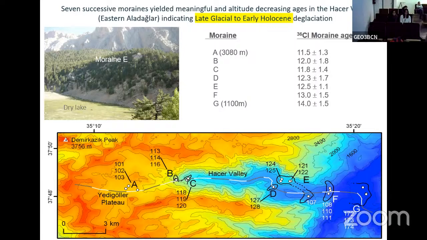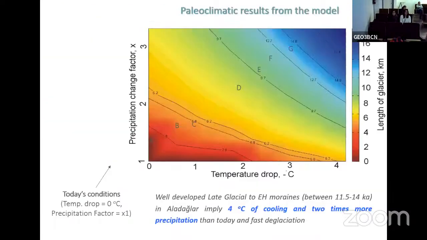It starts from 14,000, and this one is 13,250. So as the glacier retreats, the age also decreases. It's a very nice data set that we published in Geology almost 10 years ago. So you can do the temperature and precipitation drop here. For this part, you need 4 degrees Celsius of cooling for this early Holocene or even Younger Dryas